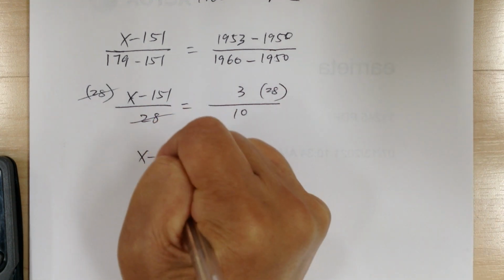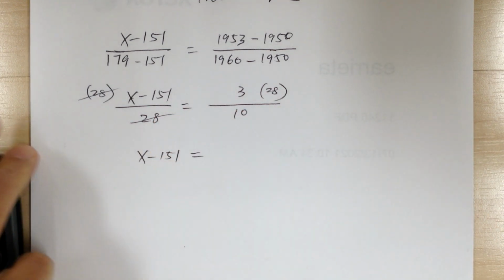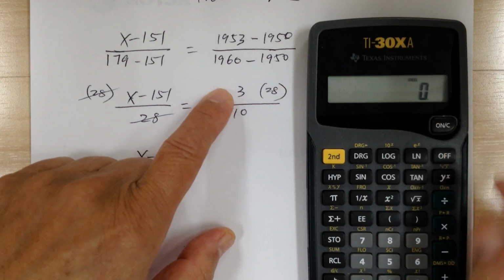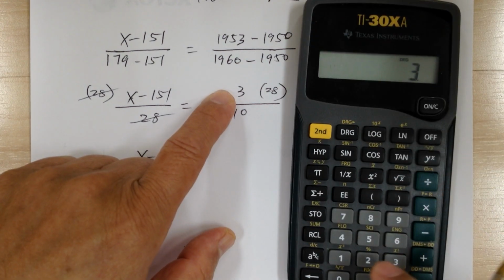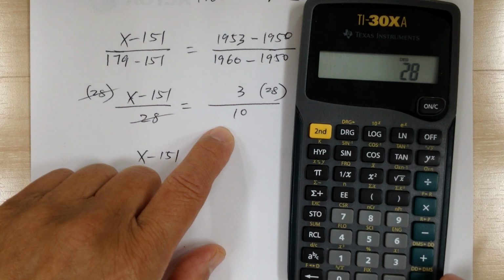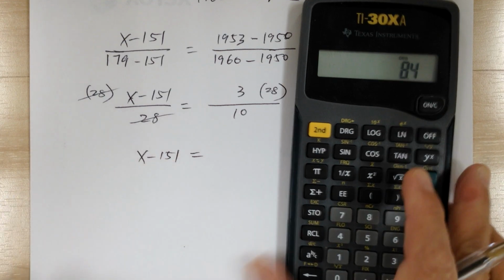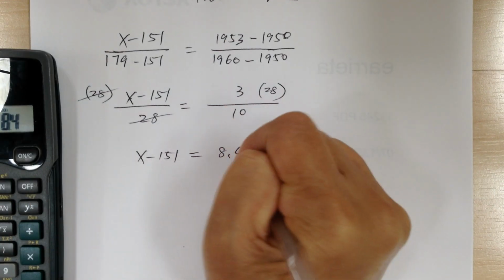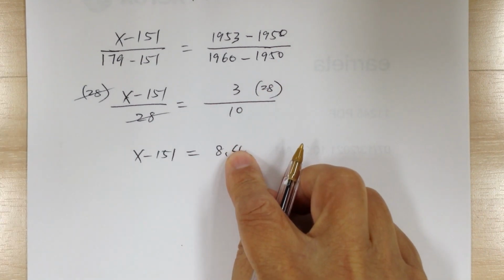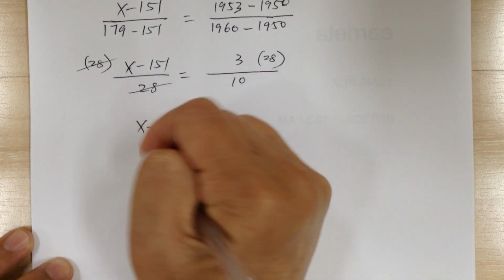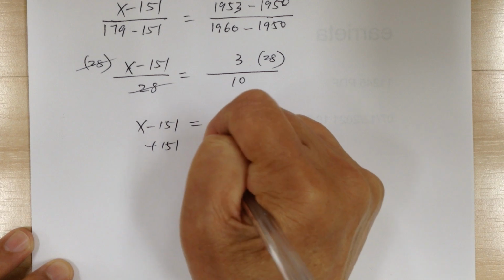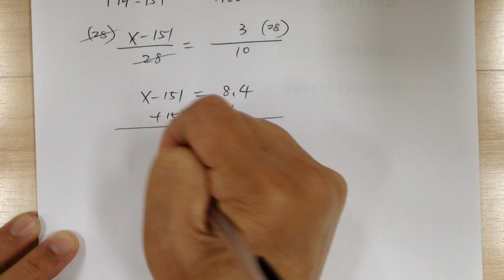I get x minus 151 equal to 3 times 28 divided by 10, which equals 8.4. Then I add 151 on both sides, so x equals